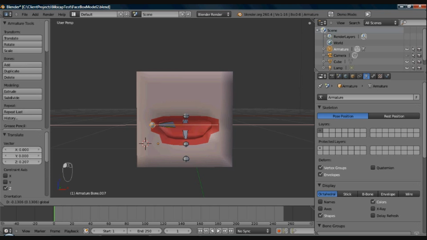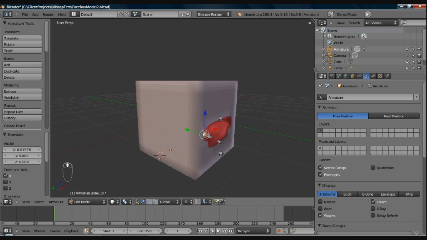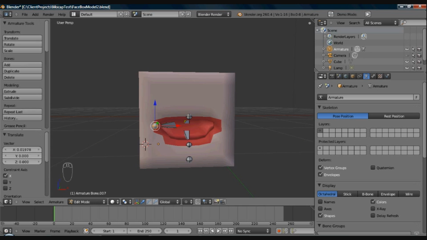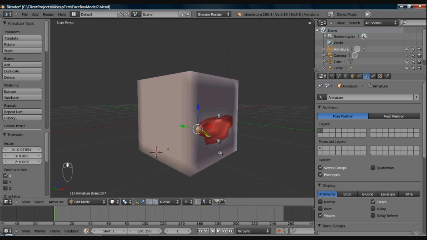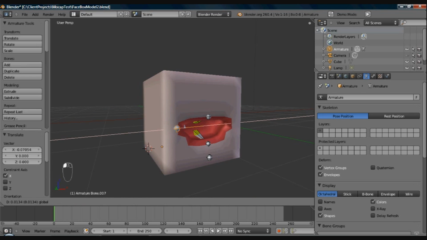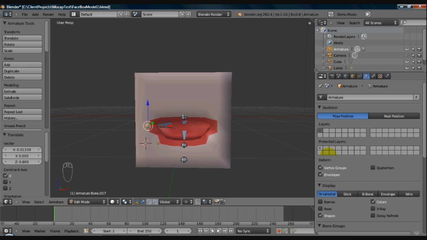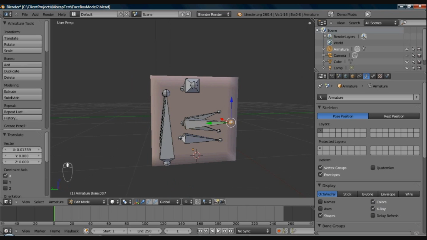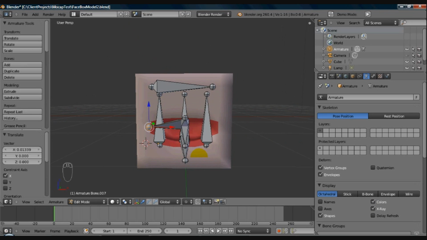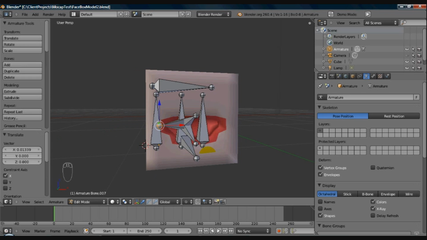Let's move it just past it. Somewhere in there. That's good. Should be good. Okay, and turn X-ray back on. Think we're good there. And now,